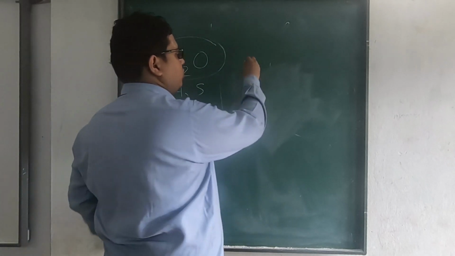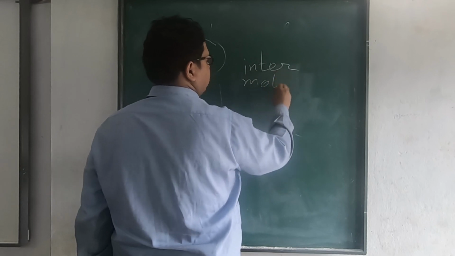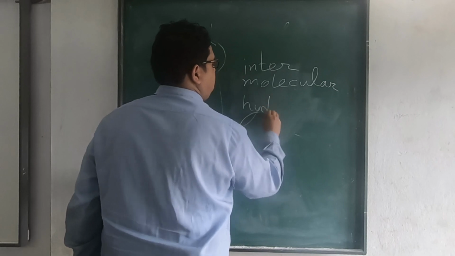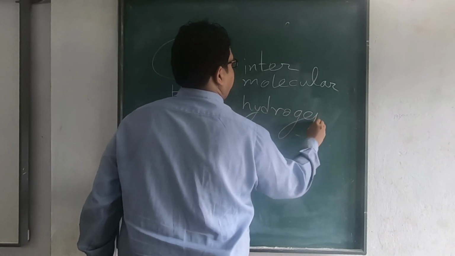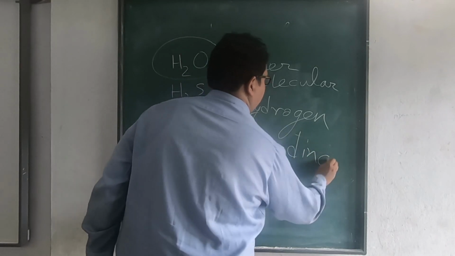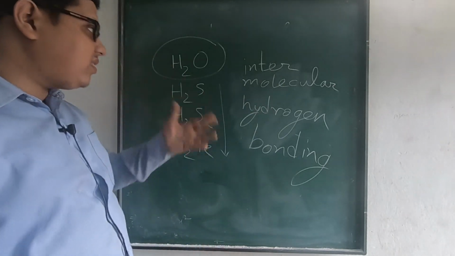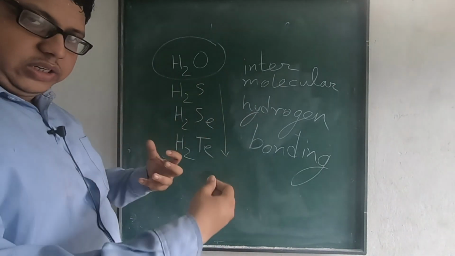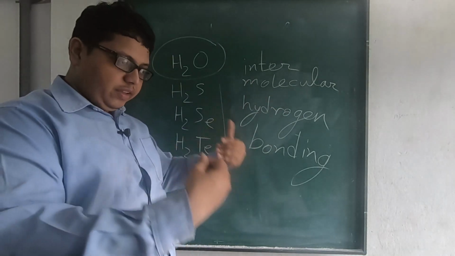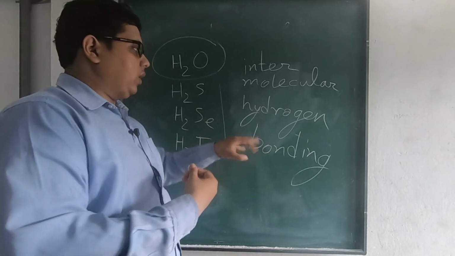You must have come across this in class 11 also, it's one of the important parts in class 11: intermolecular hydrogen bonding. What does this mean, intermolecular hydrogen bonding? It means that between the molecules of water, there is a force of attraction which is known as hydrogen bonding. This force of attraction keeps them from boiling easily, vaporizing easily. Now what is that?